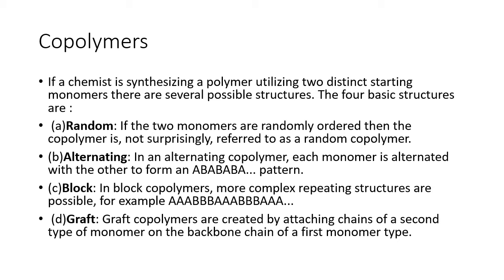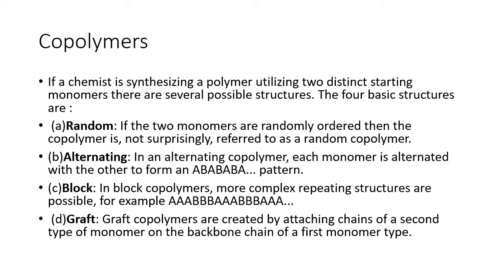If a chemist is synthesizing a polymer utilizing two distinct starting monomers, there are several possible structures. What are these four basic structures? First is random. If the two monomers are randomly ordered, then the copolymer is not surprisingly referred to as a random copolymer. Alternating: in an alternating copolymer, each monomer is alternated with the other to form an ABABAB pattern. So